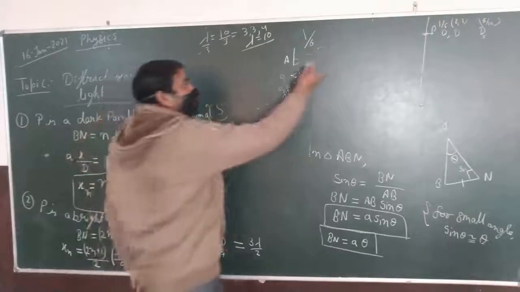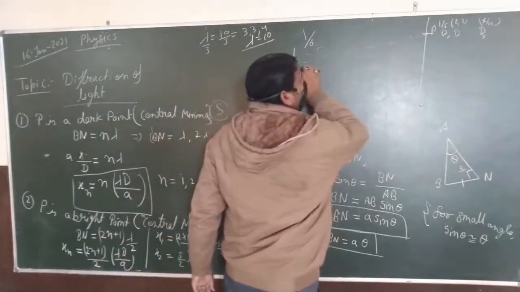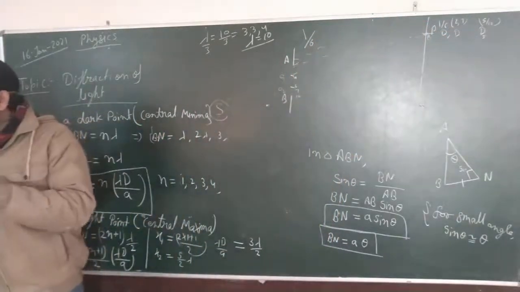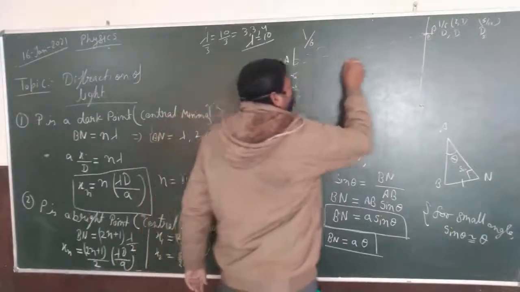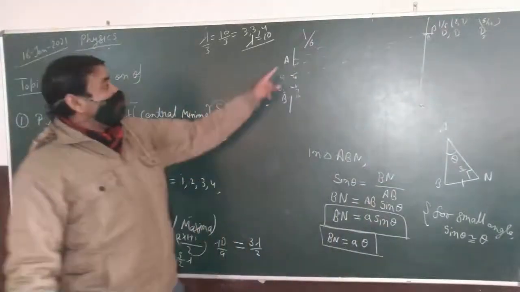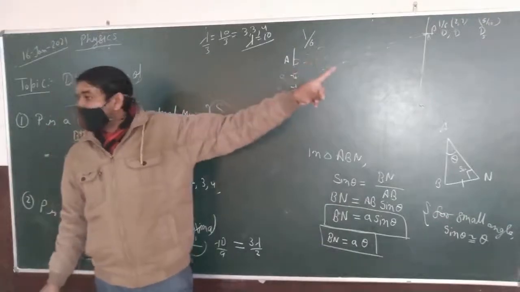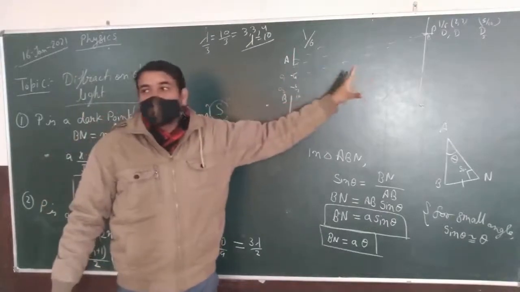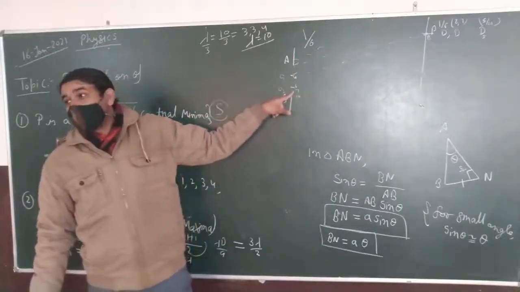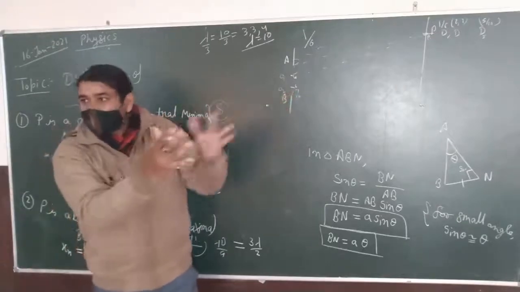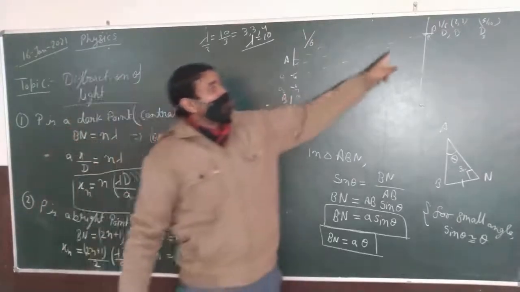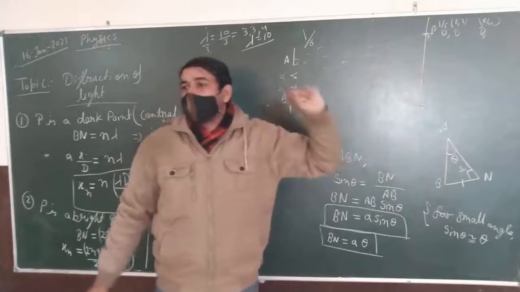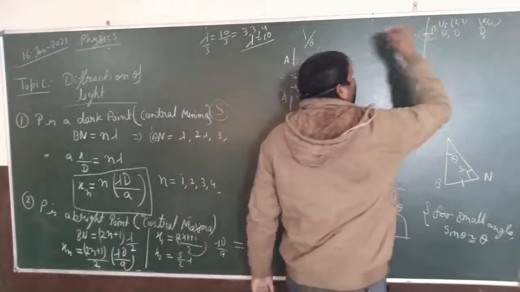The ray 1 which is traveling from A to P reaches with a dark point, and the fourth ray which is traveling here also reaches with a dark point. The second ray and fifth ray reach there with a dark point. The third ray and sixth ray reach there with a dark point. But for the seventh ray, there is no other fraction here, so the seventh ray reaches here with a bright point. The 8th, 9th and 10th rays reach there with a bright point. So we get here a bright fringe.